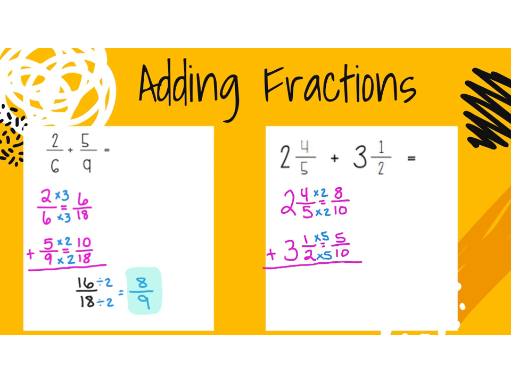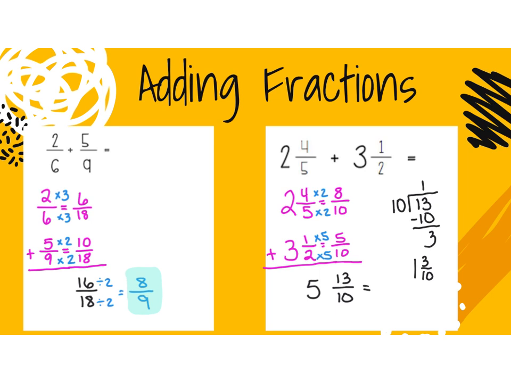Now we are ready to add our fractions, and then we will add our whole numbers. Our denominator is 10. 8 plus 5 is 13. Our whole numbers, 2 plus 3 is 5. I notice that my fraction is an improper fraction, so I will need to divide to make it a mixed number. I will put my top dog in the house. 10 can go into 13 one time, and we get a remainder of 3. So 1 3/10